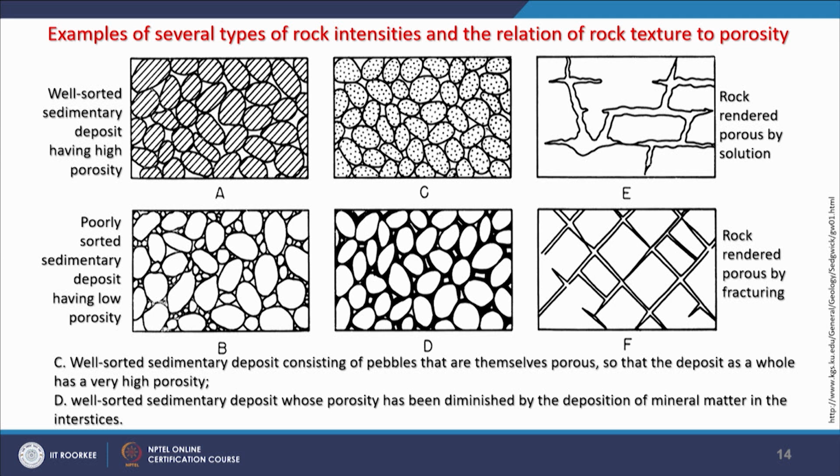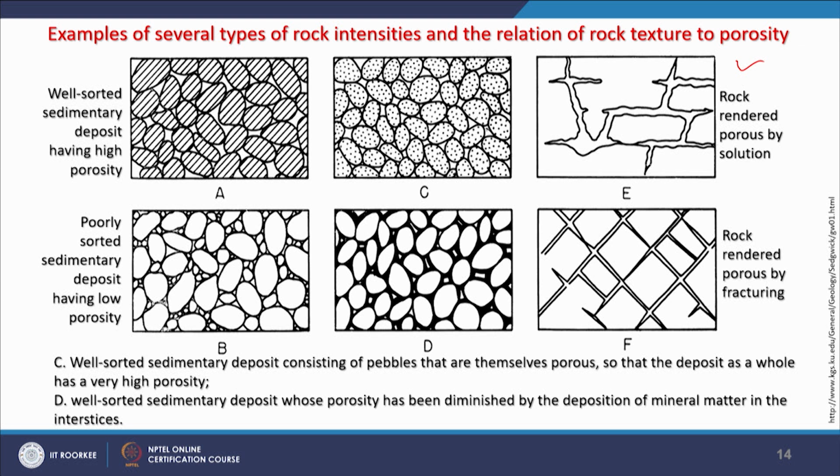that such and such rock has a porosity of this much. The examples of a few types of rocks are given here about the intensities and the relation of rock fractures to porosity. So, we will take them one by one. Here on the top left, we have the well sorted sediment deposits having high porosity. On the top row right side, the rock rendered porous by solutions, that is, we are talking about a limestone terrain where solution activity takes place. But the first two are more or less well sorted sediments, and you have good porosity here,